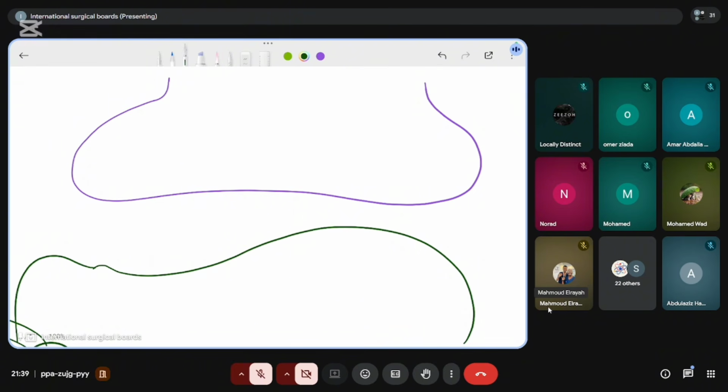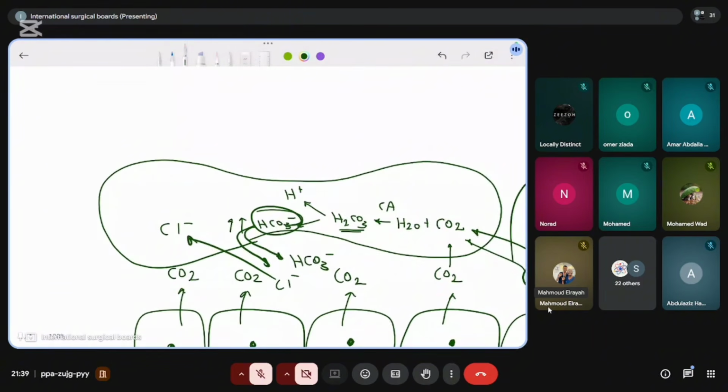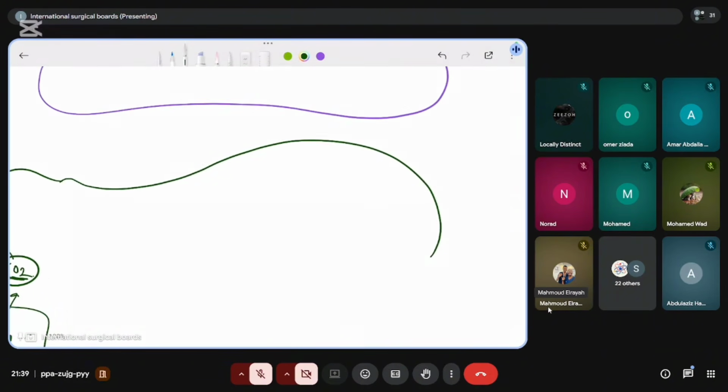I just want to add something just in case they tell you. These protons which are produced will be buffered by hemoglobin. So hemoglobin here with its chains, it will bind to hemoglobin. But anyway, now,